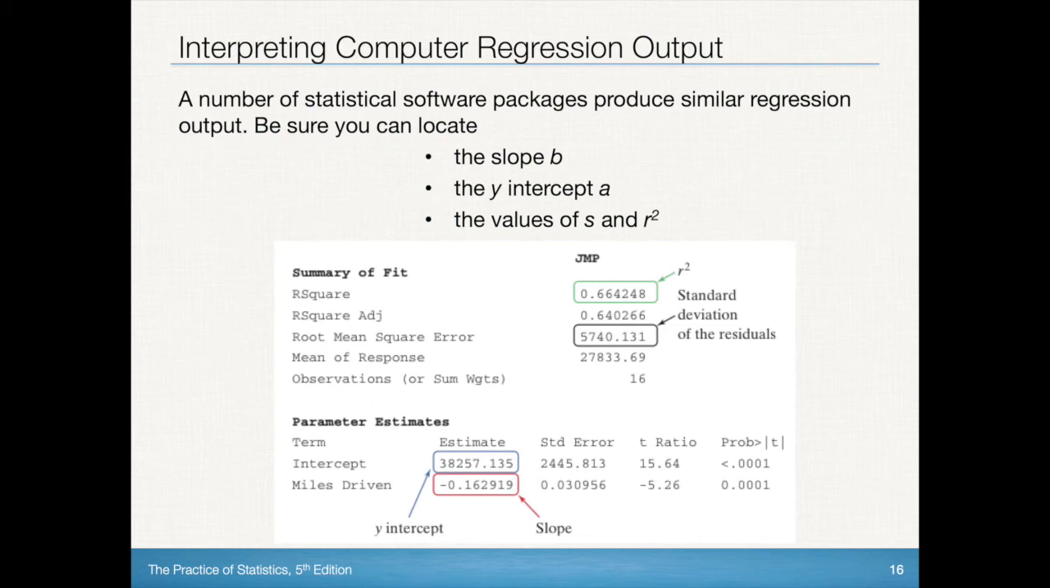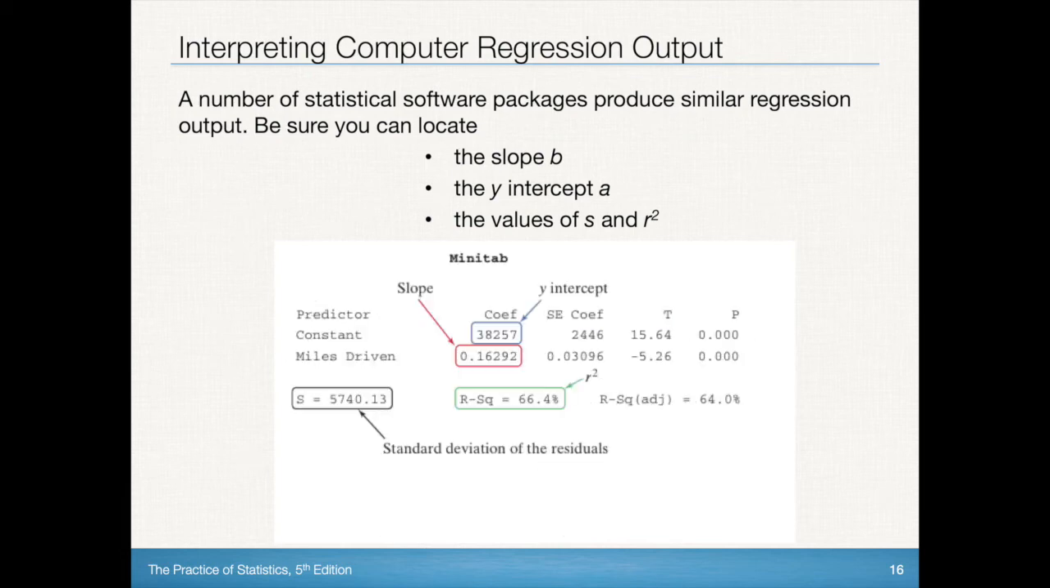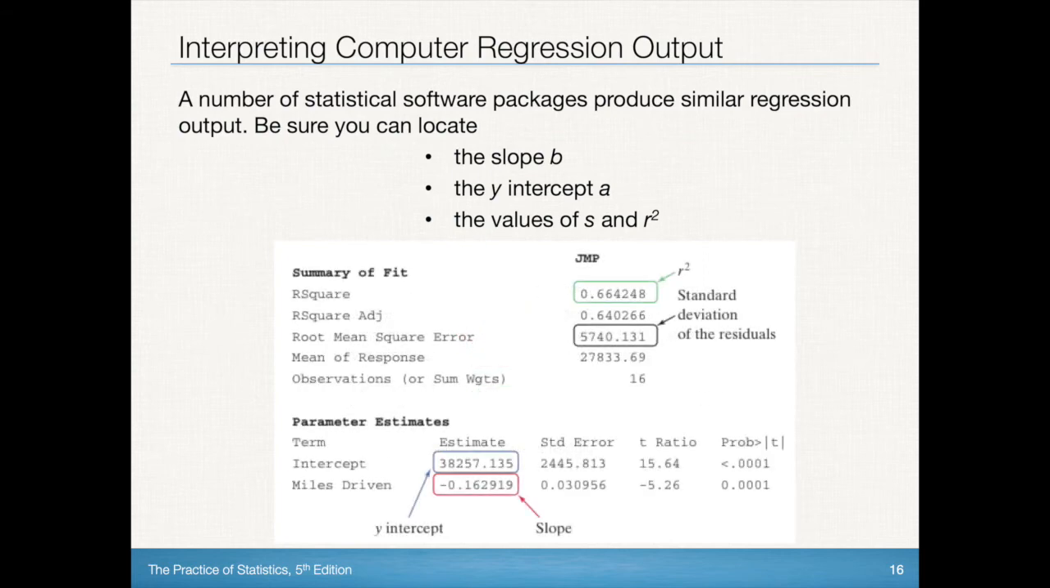Here's another printout that gives you very much the same information. You'll notice again that it's actually split up into a summary of fit as well as the parameter estimates. It's important just to be able to look at this. This is a JMP printout. The other one was a Minitab printout. And so again, just those titles of Minitab and JMP are certainly worth remembering for the sake of the AP